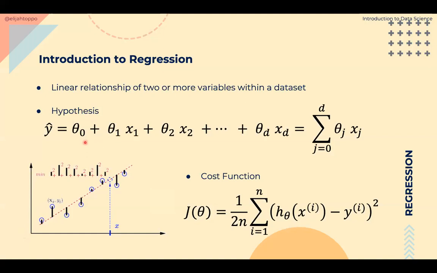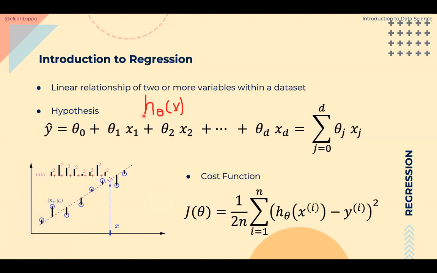So this is a very simple equation. It is also called our hypothesis function. For this hypothesis function, x is our input and it is parameterized by theta. So if I have to write this form, I could say that y is equal to h of x parameterized by theta, or h theta of x.